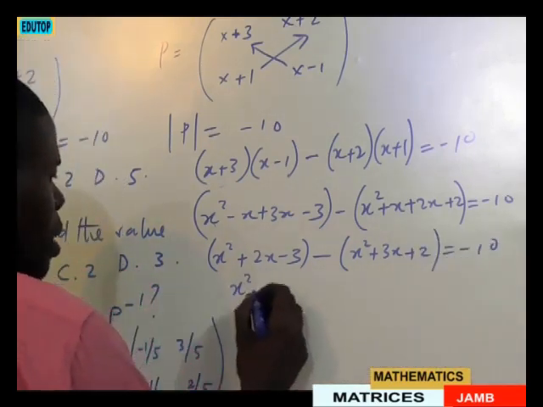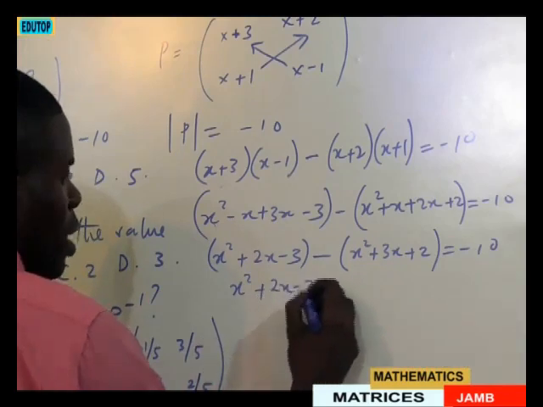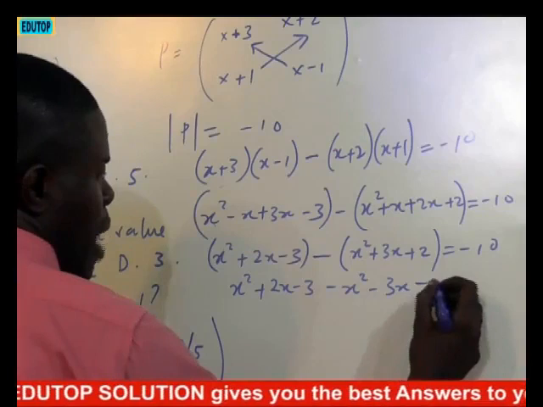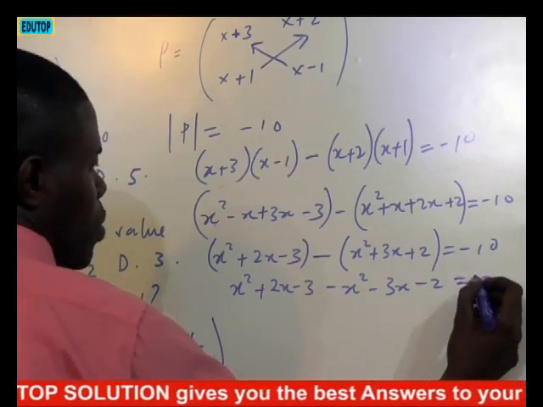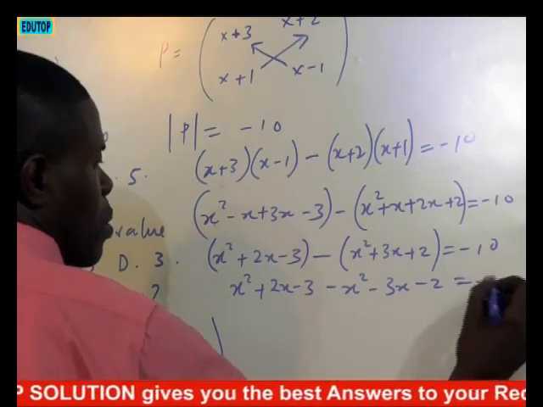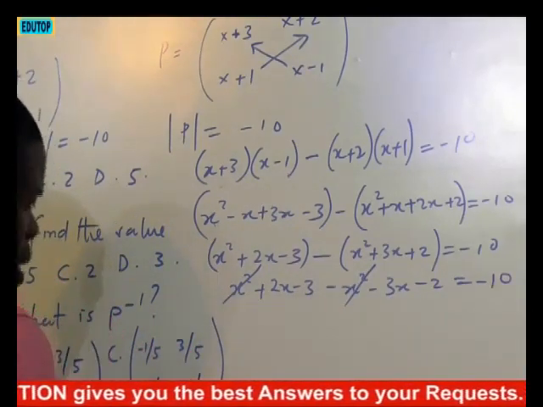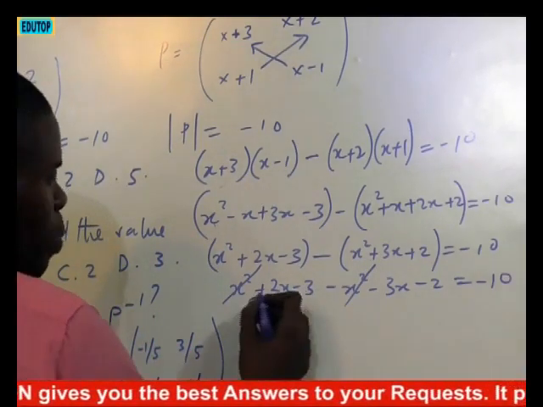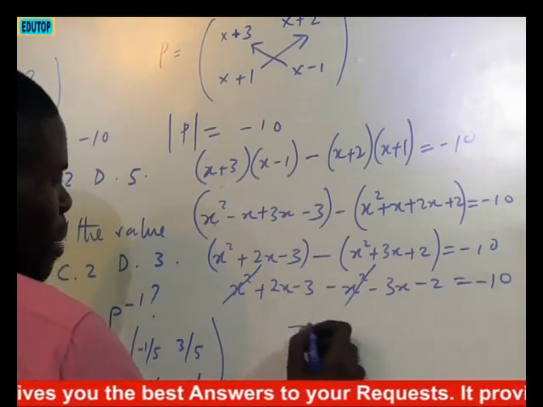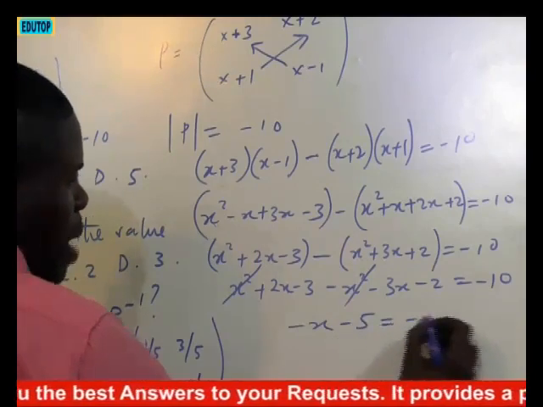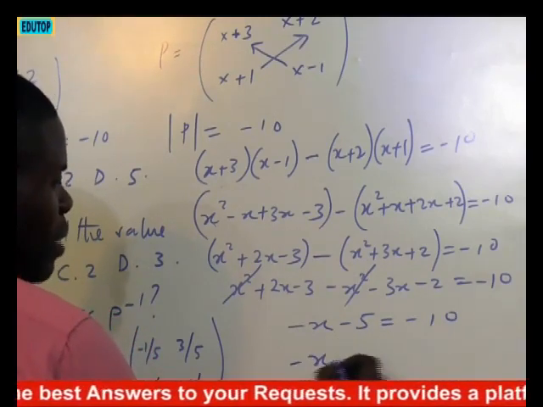So X squared plus 2X minus 3. Let's open this: minus X squared minus 3X minus 2 equals minus 10. Then X squared minus X squared cancels. Plus 2X minus 3X, that's minus X. Minus 3 minus 2, that's minus 5, equals minus 10. So we have minus X equals to